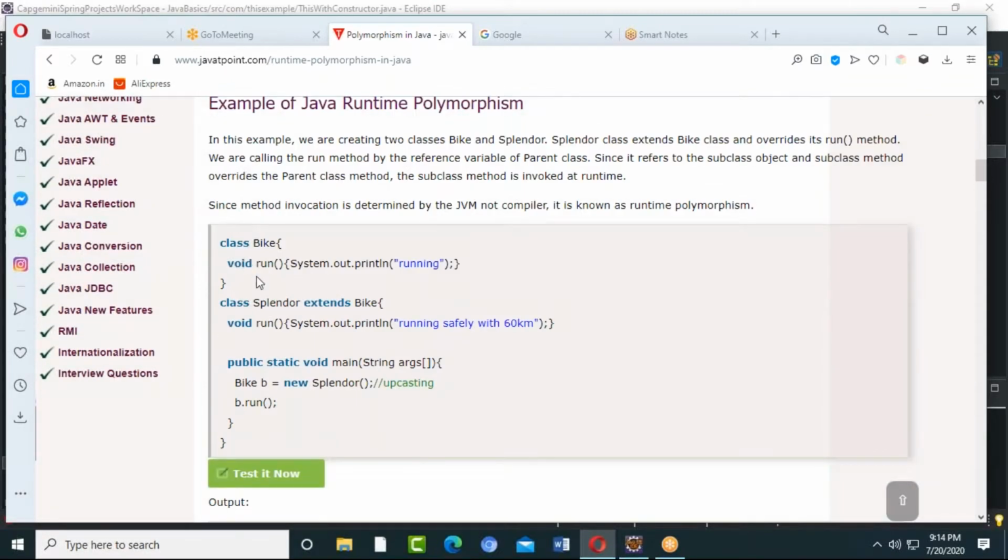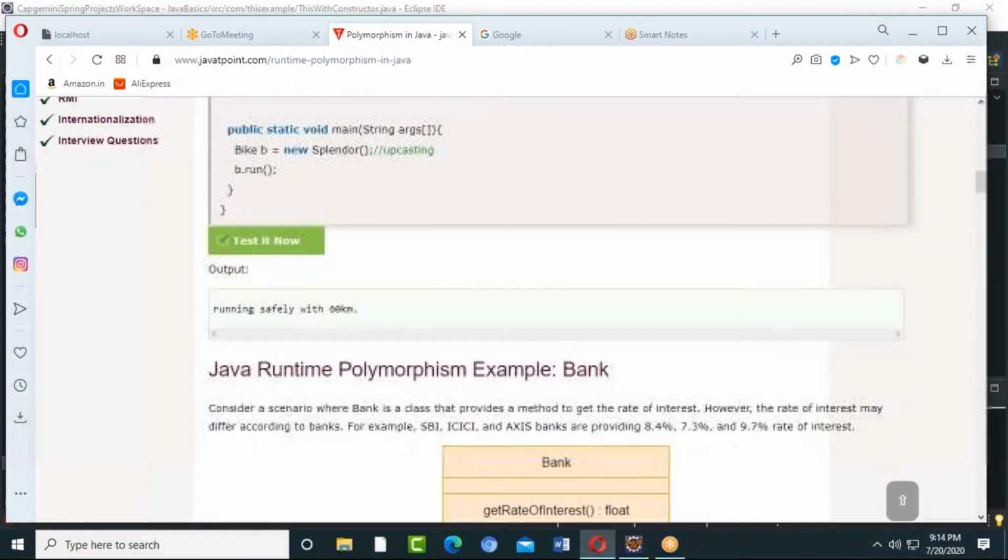I have a class with a run method. I have some other extended class with a run method. So which method should be called? I can decide this by creating an object. I'm creating a subclass object and I'm calling b.run. Now which method will be called? The subclass method.